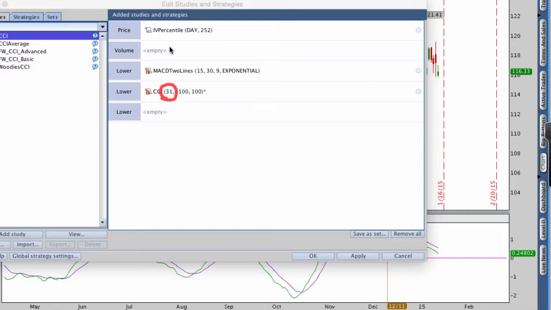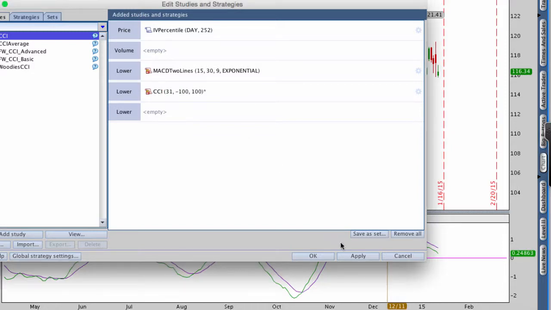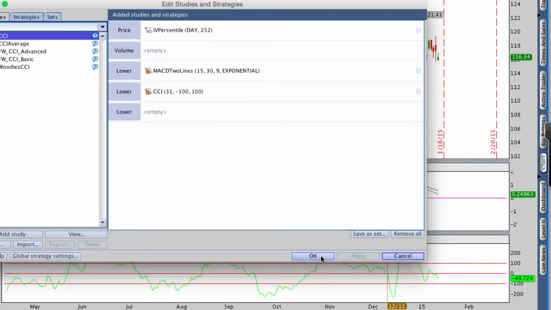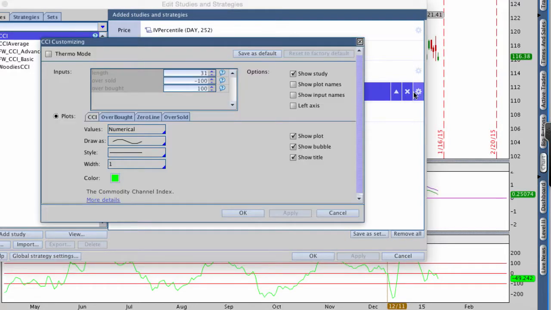So again, with a shorter term indicator, 14 days, you're going to get a lot of signals back and forth. Moving out to 31 days and changing that timeline just gives you a lot more smooth data and a lot less signals, but more defined signals. So the way that I use CCI is for basically trend analysis, judging to see where the market is relative